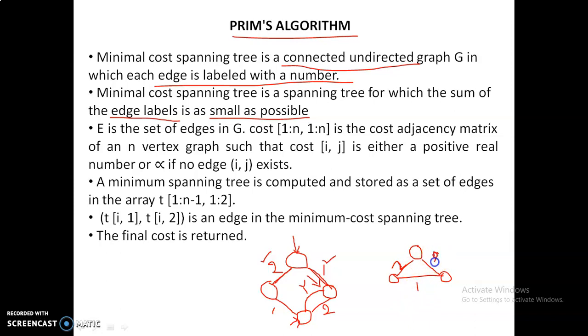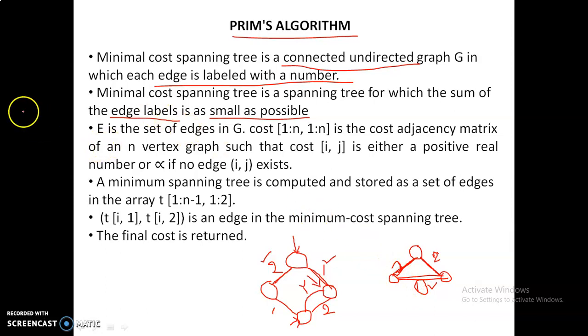For this we need to form a spanning tree with these two vertices, and whenever you are selecting these two vertices, we cannot select this edge. Why? Because it forms a cycle. We can select only these two edges in this case. In some situations we cannot select the least costed edge, which may form the cycle.